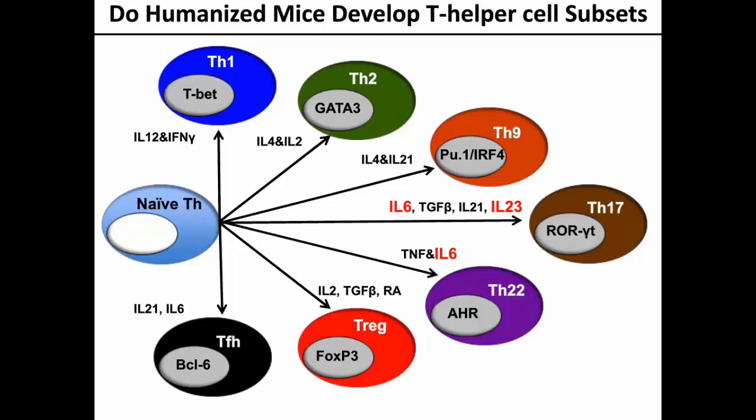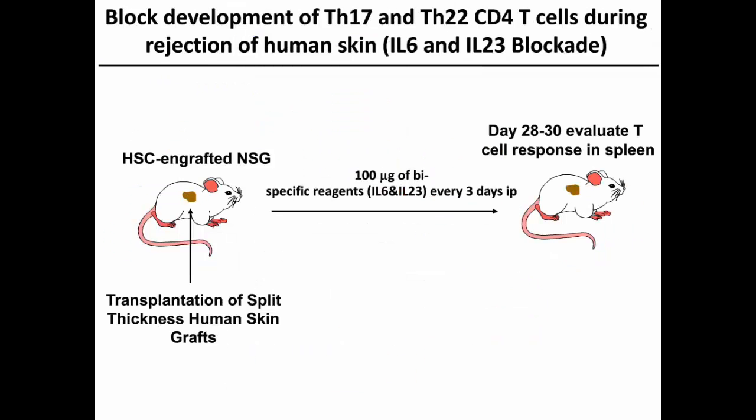So here's the basic experiment where we took our HSC-engrafted animals, they received a human skin graft, and then they were treated every 3 days with a bispecific reagent that actually blocked IL6 and IL23. We then evaluated the mice for skin graft survival and evaluated the T cell response in the spleen of these